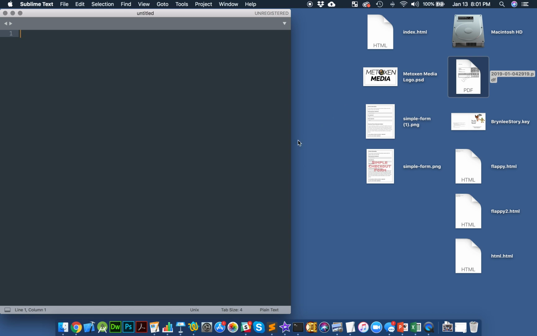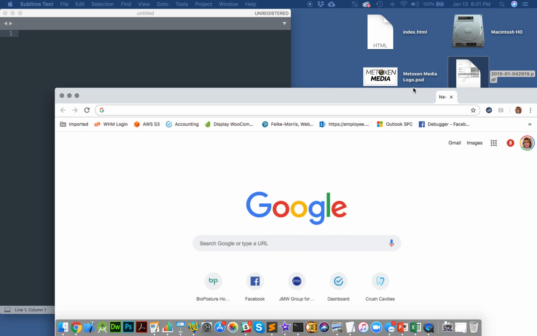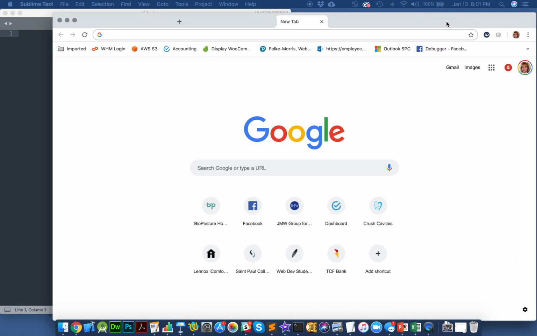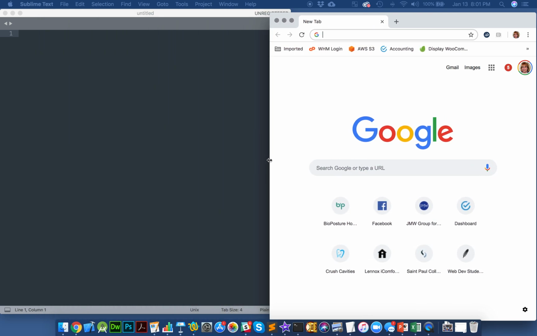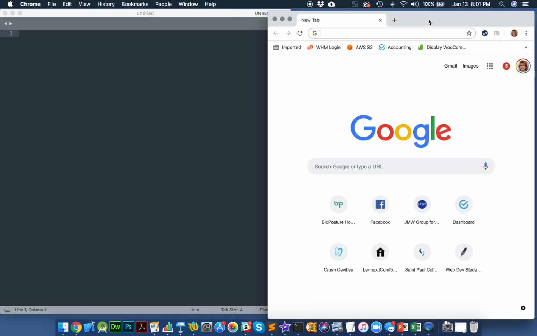Now I also need to open up Google Chrome, and always use Google Chrome. When I click the button, it opened up a window on my other monitor, so I'll bring the window over to this monitor. Okay, then I drag it to fill in this half. So now on one half I have my text editor, and on the other half I have my Google Chrome, and I'm going to do my work on this side, and I'm going to view the results on this